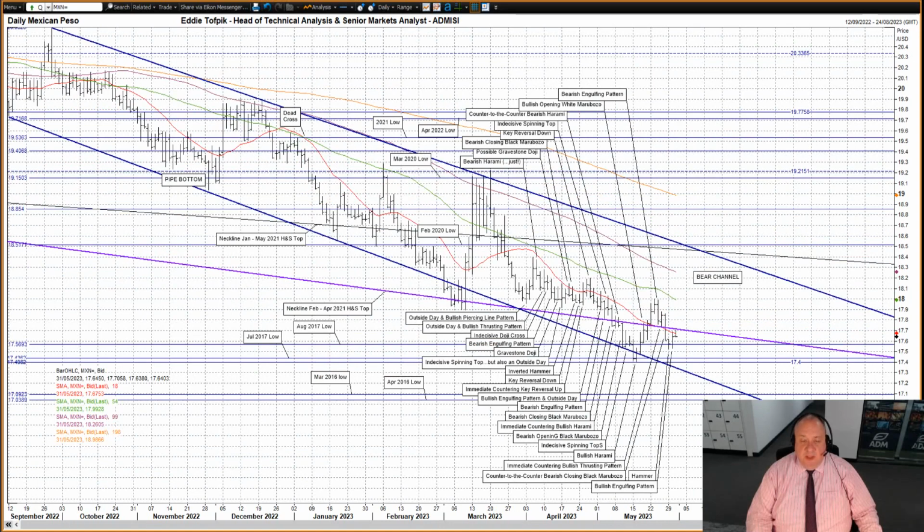US dollar against the Mexican peso. A bullish engulfing pattern yesterday, which was very interesting as it followed on from the previous session's hammer pattern. Below we have support at the August 2017 low at 1756.93 and the July 2017 low at 1743.62. Further down we have further congestion at the March 2016 low at 1709.23 and the April 2016 low at 1703.89. However, the key to all that has been going on, highlighted in dark blue on my daily chart,